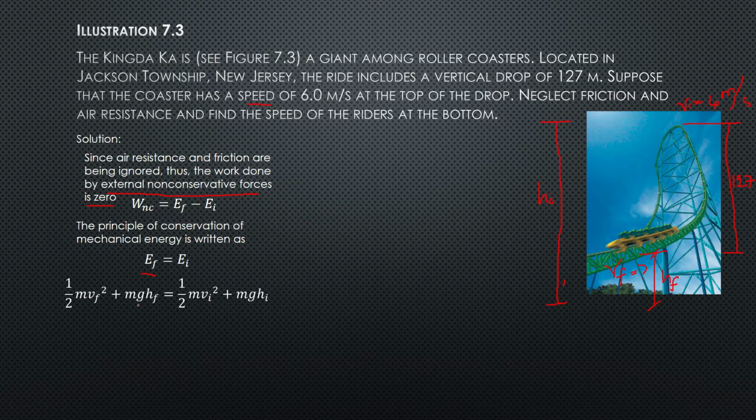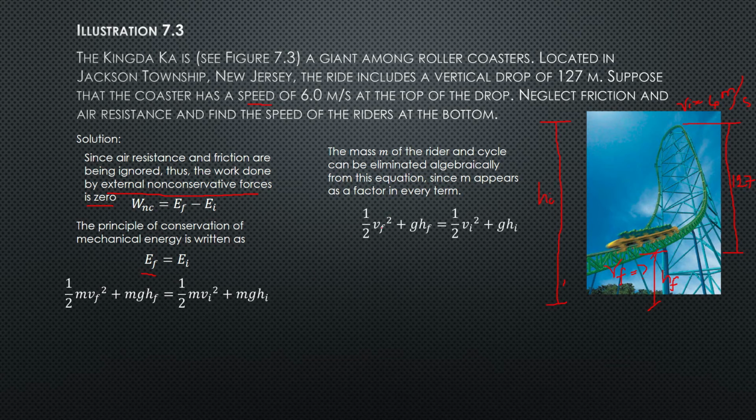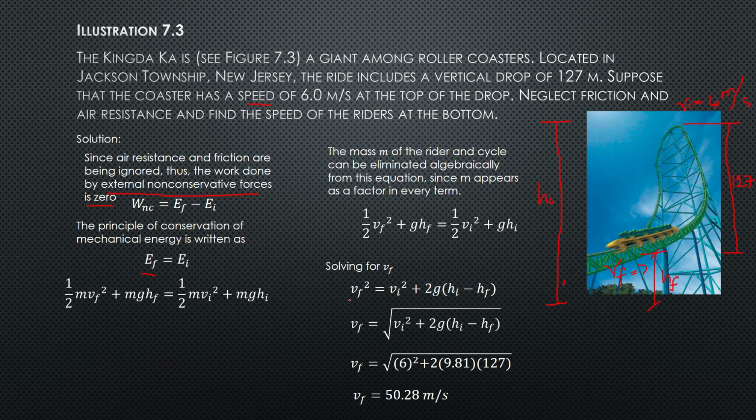Similarly, the mass of the rider can be eliminated by dividing each term by m, which gives you this formula. Then solving for the final speed leads you to this equation: v_f squared will be equal to the initial speed squared plus 2g times h_i minus h_f. Taking the square root of both sides,